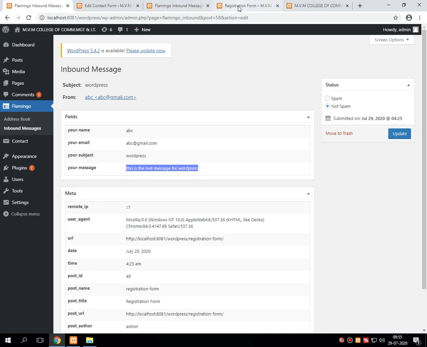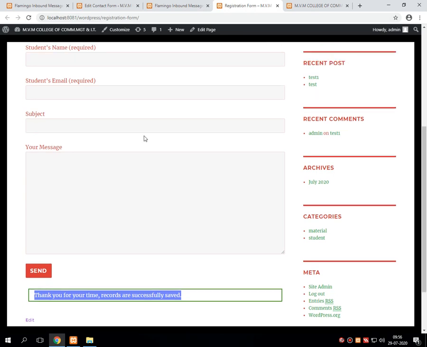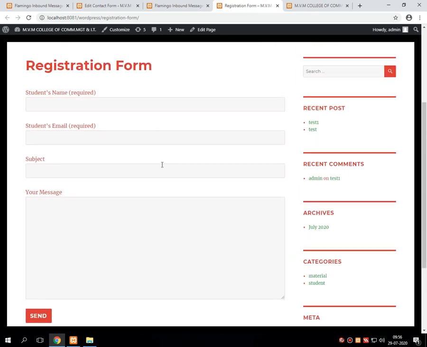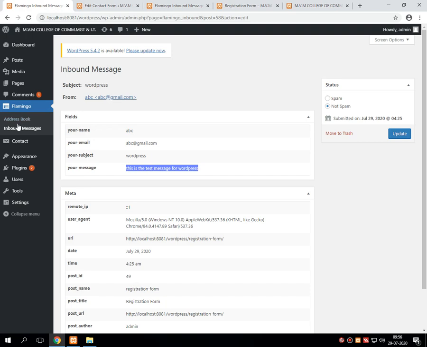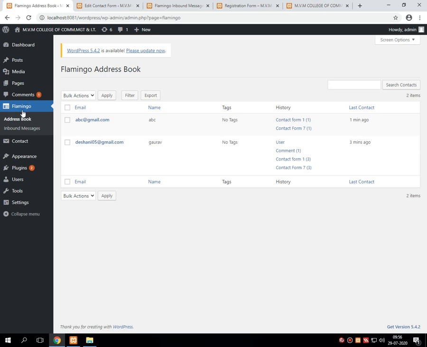So this is the method for storing the data from a particular form on the admin side of WordPress using Flamingo. I hope all of you are clear on how to use Contact Form 7 with Flamingo. Only Contact Form 7 will accept the request, but it will not show the request on the admin side.